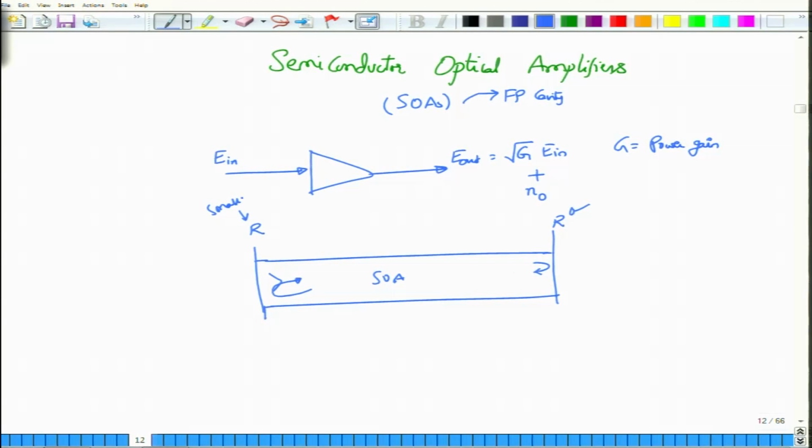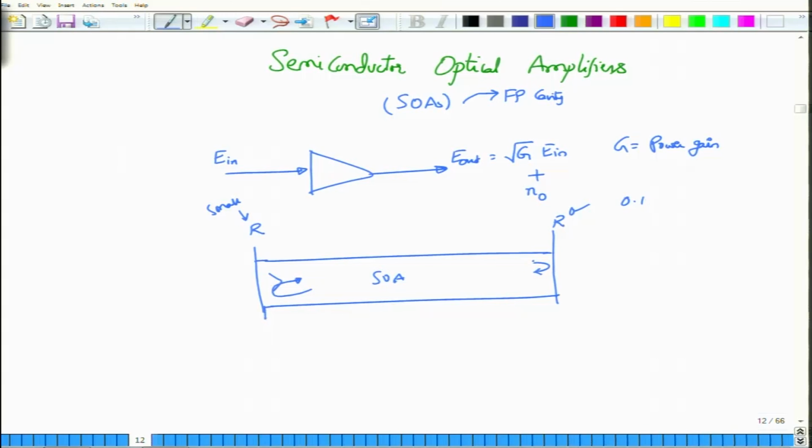Most R values are just about 0.1, and one tries to make this R value even less than that, but most materials, unless they are specifically made, will have a reflectivity of about 0.1 or slightly less than 0.1.